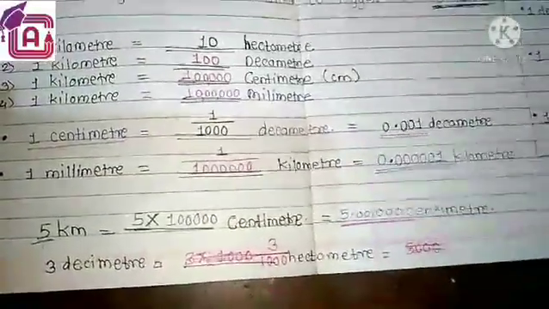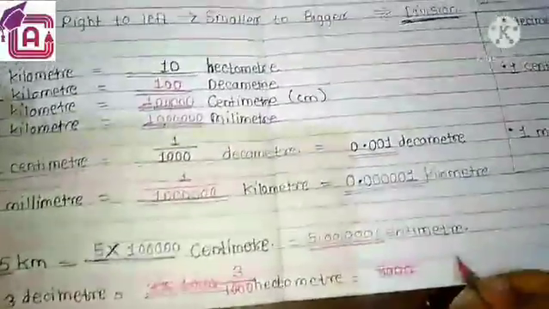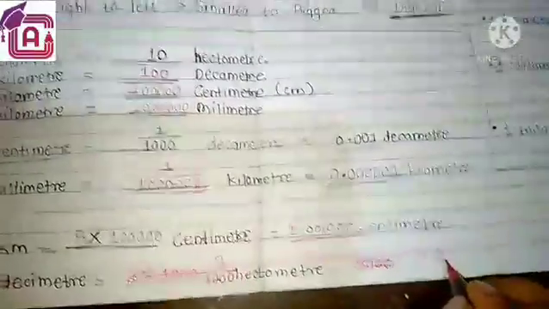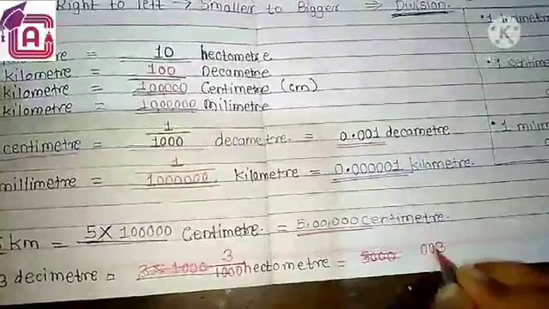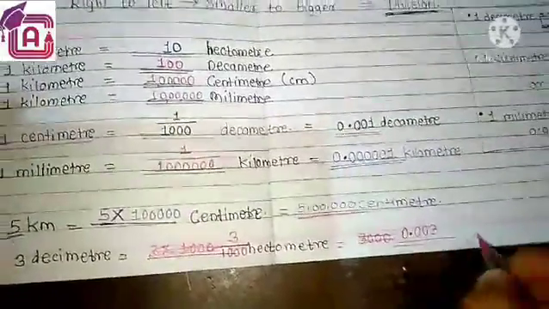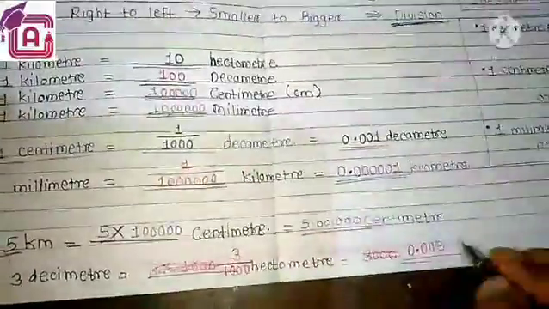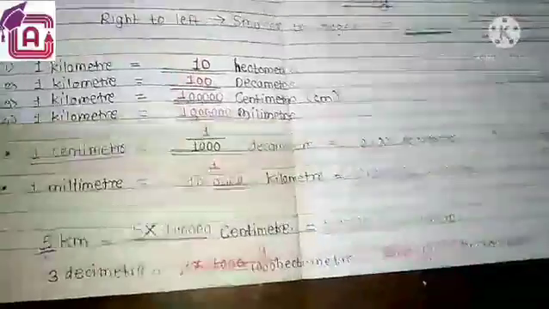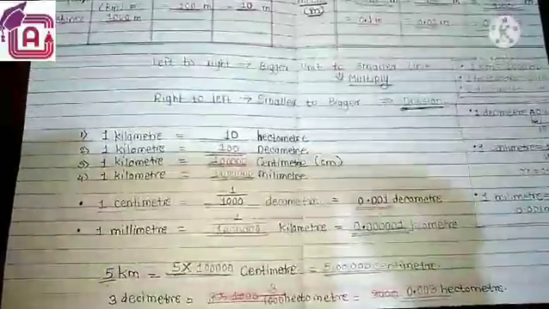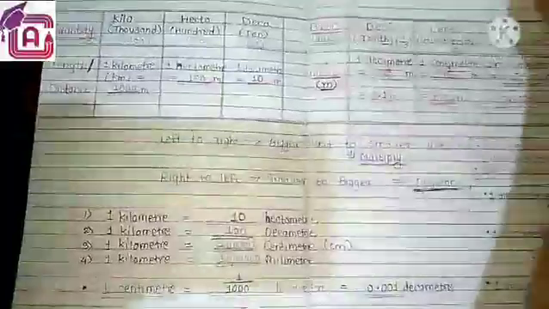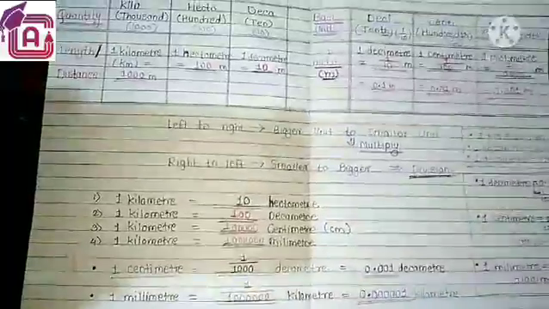So how are we writing in a decimal point format? First write down 3 here. Then how many zeros? 1, 2, 3. So we have to move left 3 places. 1, 2, 3. And after these 3 places, put the decimal point and 0. So 0.003 hectometer. So in this way, you can use decimal fractions in the conversion of a unit of distance, or in the measurement of distance.